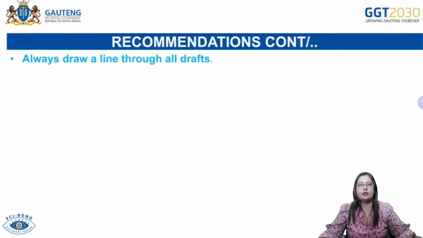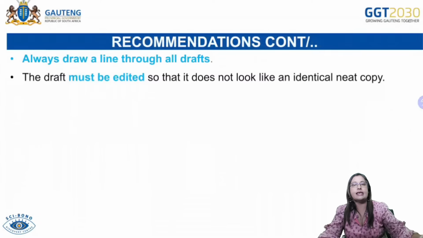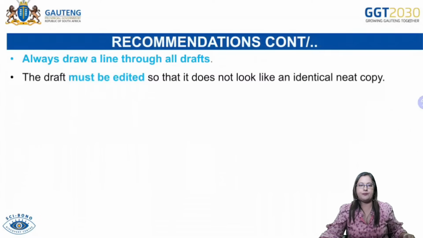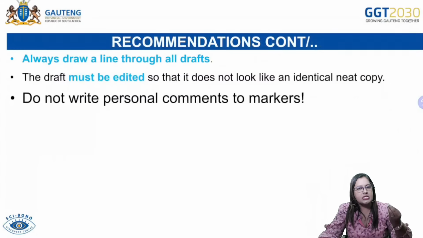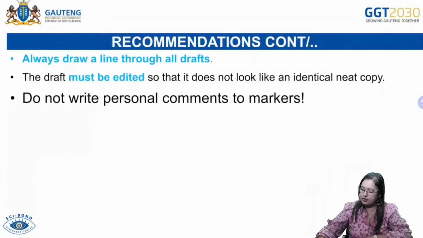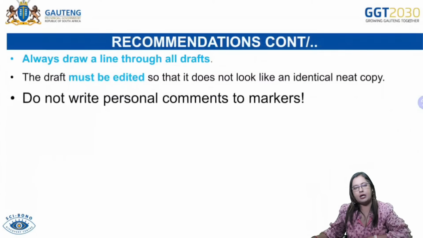All right. Then, please, with regards to the draft, strike off the draft and then make sure that we know final means that is the one that we need to mark. The draft must be edited so that it's not an identical copy of the neat one. Please, it's frustrating when a marker goes all the way through a piece of work and then realizes that you turn over the page and the final one is there. So make sure that rough work is rough work and it's struck off so that the marker knows where to then go and mark the final one.